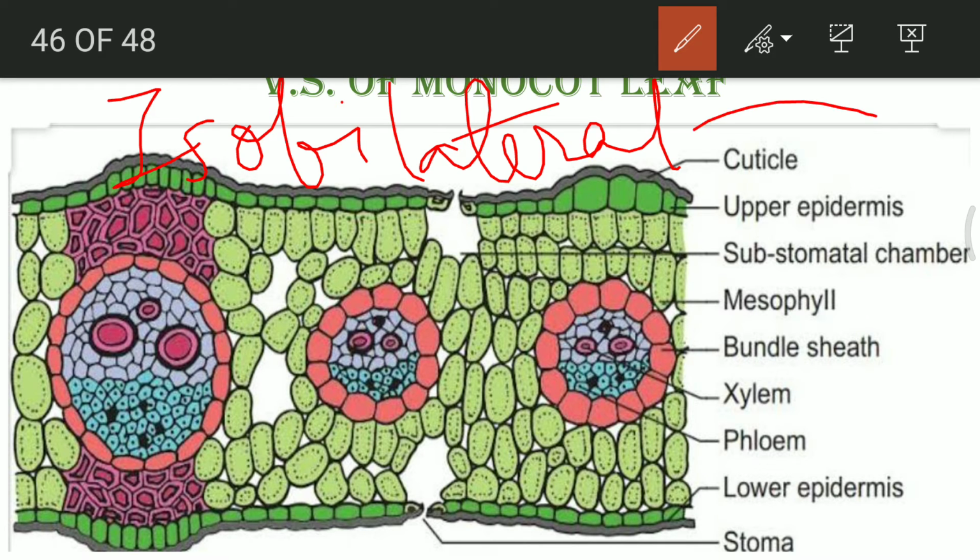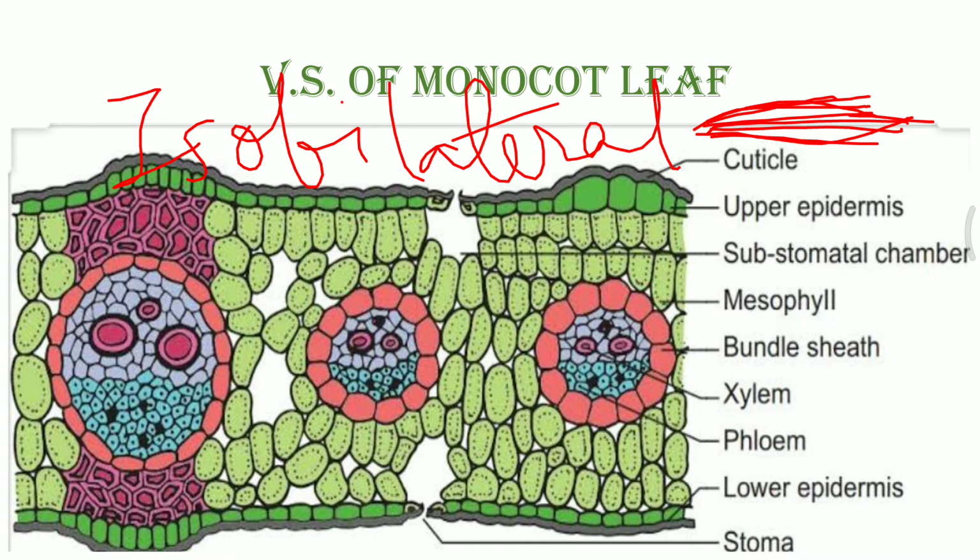If this is a leaf, you will see these kind of straight lines of veins present in these leaves, whereas in case of mango leaf you will see the venation is reticulate. So that is the difference in monocot as well as dicot leaf. Just by looking at the leaf you can well differentiate that the plant or the leaf is either monocotyledonous or dicotyledonous. What is the function of epidermal layer?